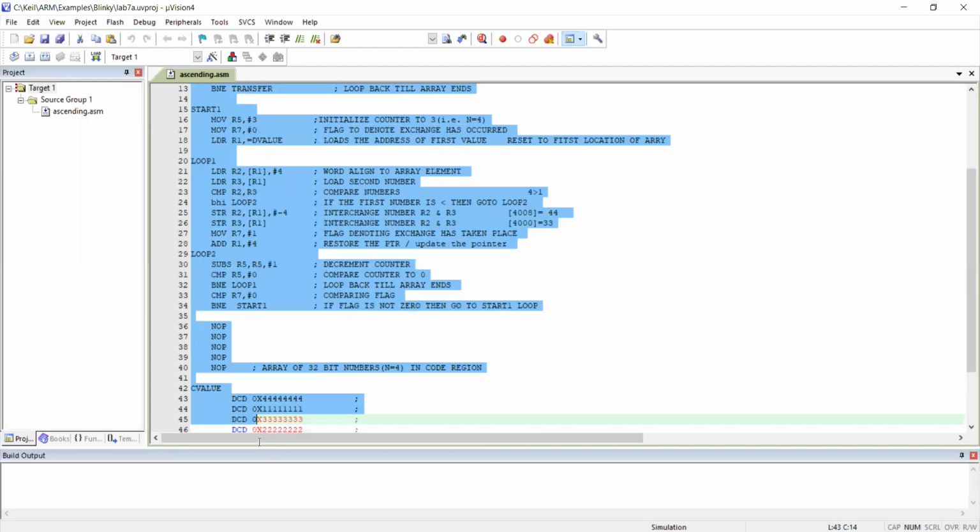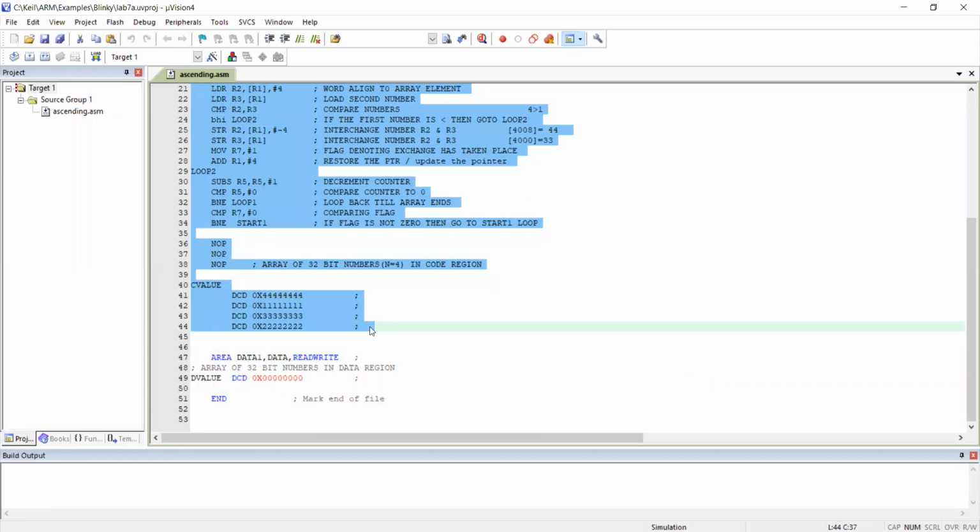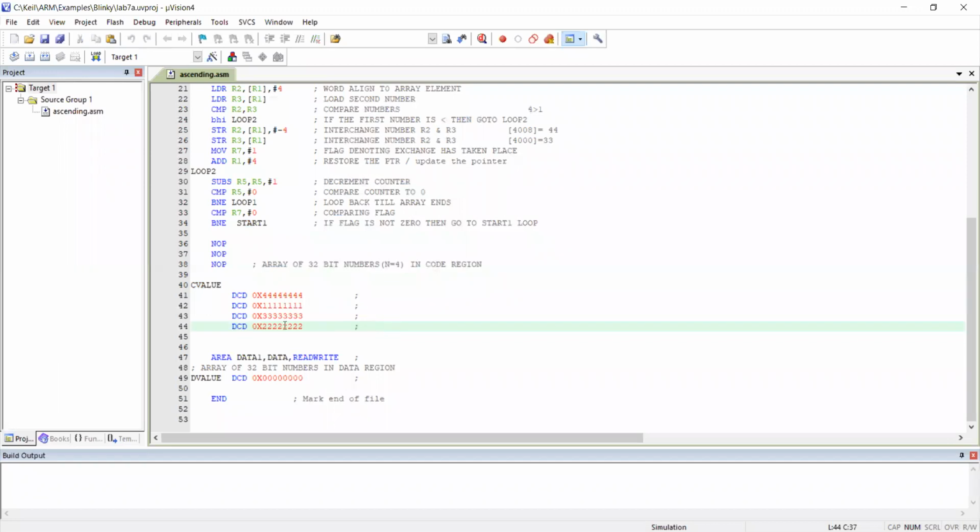This part of the program which I have selected, from line number 1 to 44, is a code area allowed for read operation only. That means I cannot modify the data. But since the work is rearranging this array, I cannot do that because it's read only. I have to create one more special area which is allowed for read as well as write. And it's not a simple work like taking a number and storing it, like how we decided among 4 numbers, calculated the smallest and printed it, and also identified the largest number and printed it here.